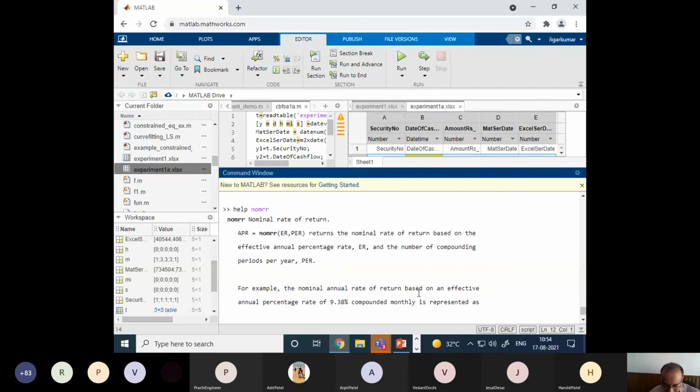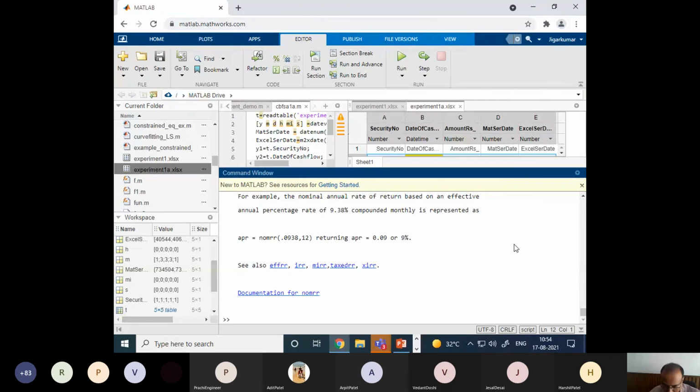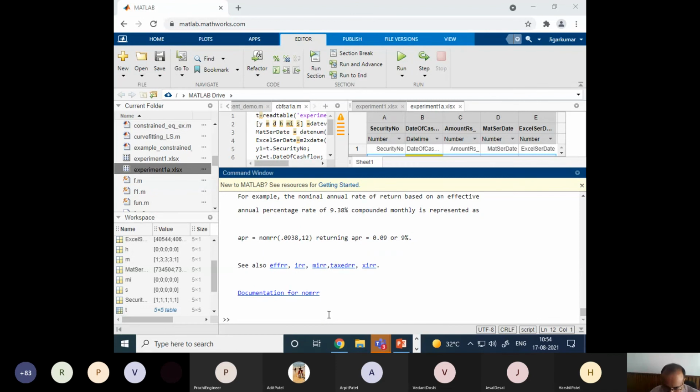OK, so that's it from my side today. If you have any question, you can ask me quickly, or you can raise it in the next lecture also. But I request you all to learn these functions from the MATLAB help. I will post the assignment for this week's laboratory on MS Teams. You have to solve it yourself. And whatever we have done today, the Excel file reading and Excel file writing inside MATLAB, remember always Excel will be my input, MATLAB is the data processing, and Excel will be the output. I want results only in Excel, so when you submit your assignment, I want your results only in the Excel files.